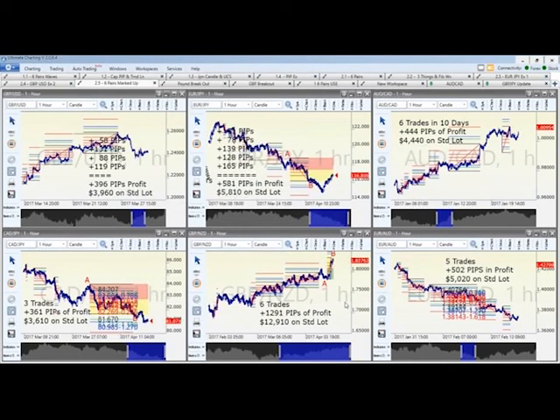The reason I'm showing you this is on any given day, on any given week, you're probably going to have 1 or 2 or 3. You could have as many as 6 trades going on the different currencies, but you don't have to limit yourself to just one. What we do is we look at the 5 or 6 pairs, we find the best trades, and those are the ones that we're putting on.